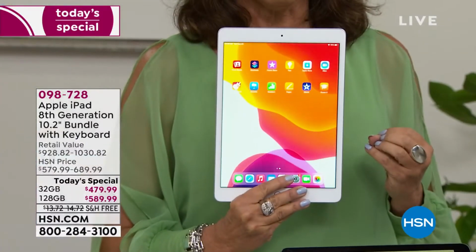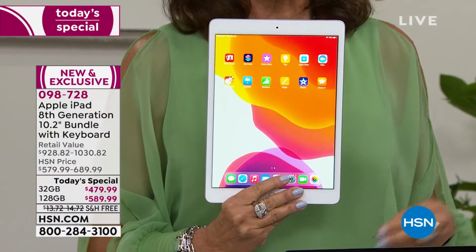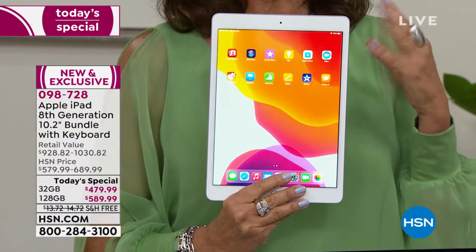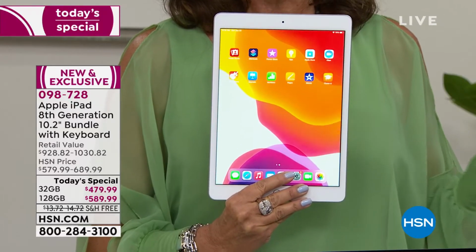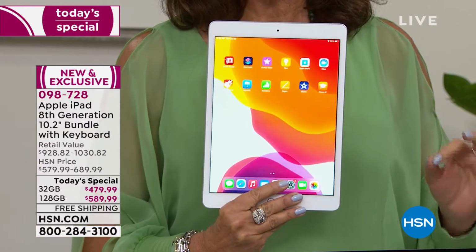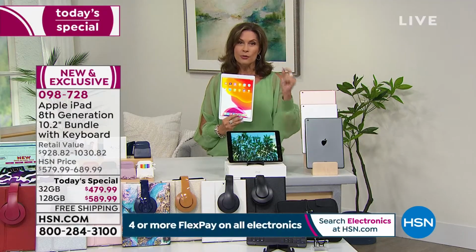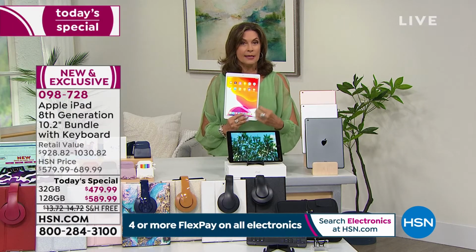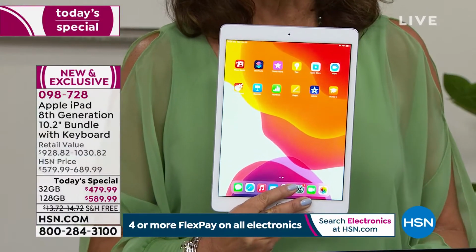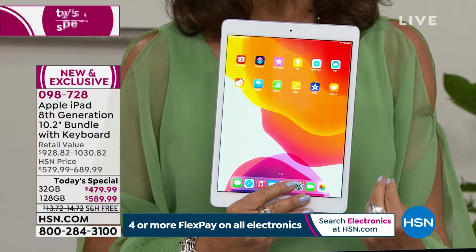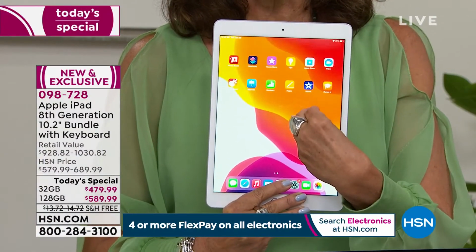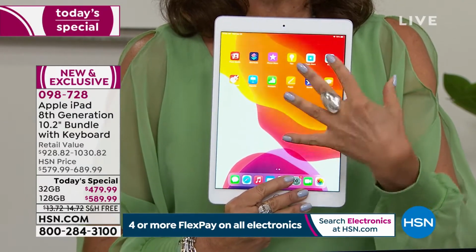The way it is developed though, not only can it do a myriad, an immense, a universe of things, but you can do it. That's the thing that separates an iPad from all the other tablets out there. You can do it because iPad and Apple make it simple to do. They make it intuitive. They take your hand and put it on the screen pretty much and just show you how to do it.